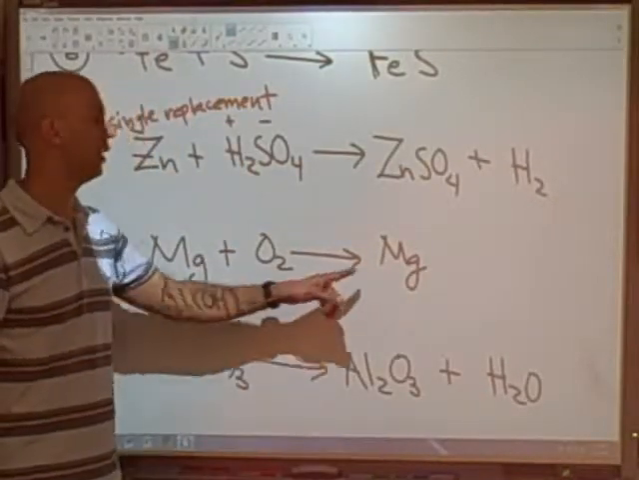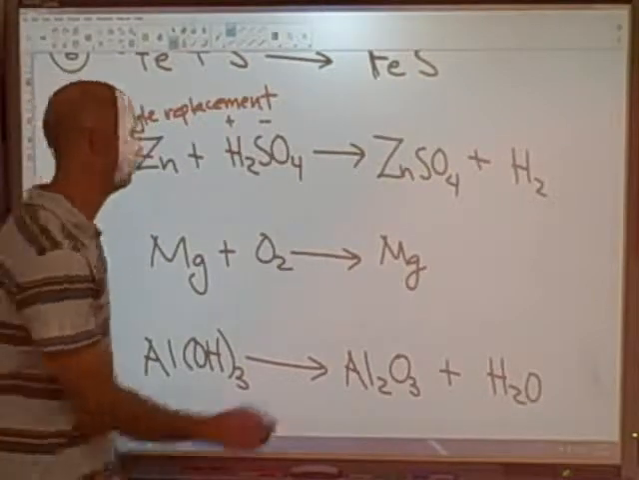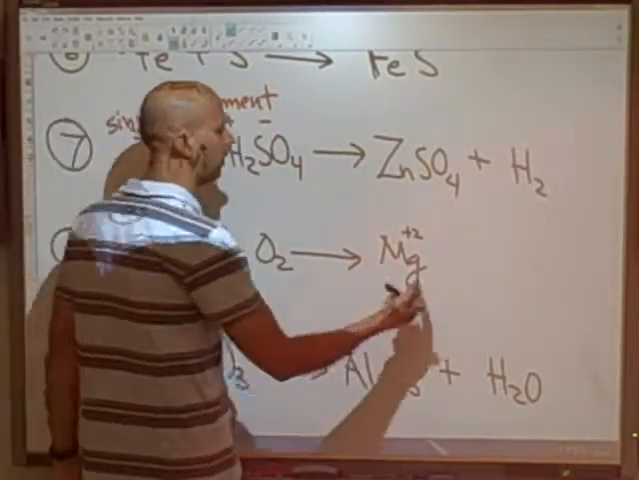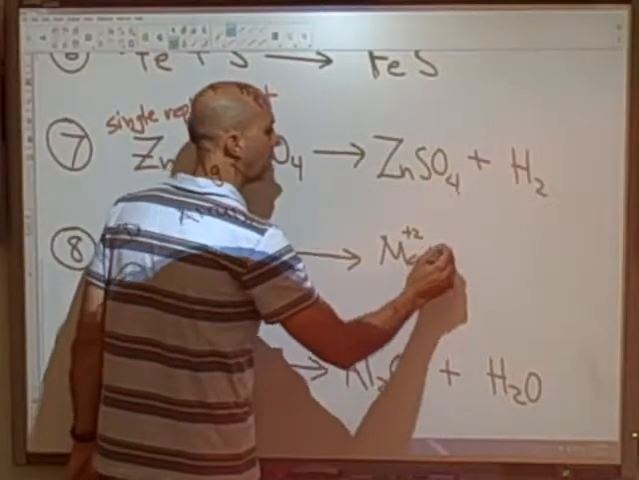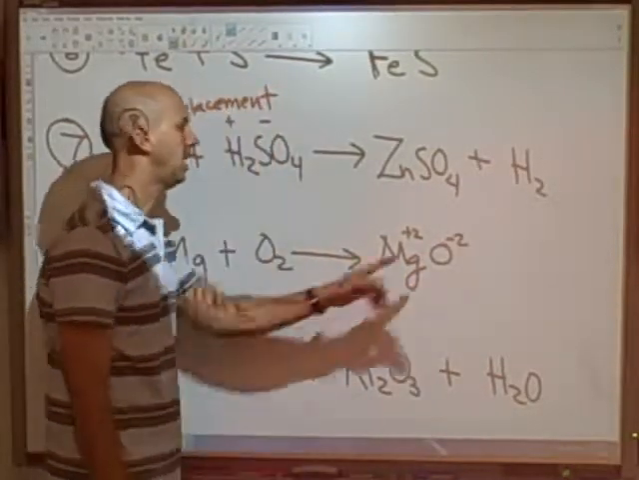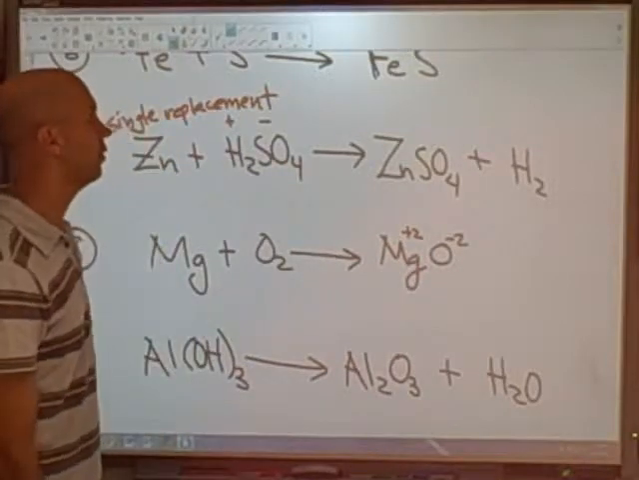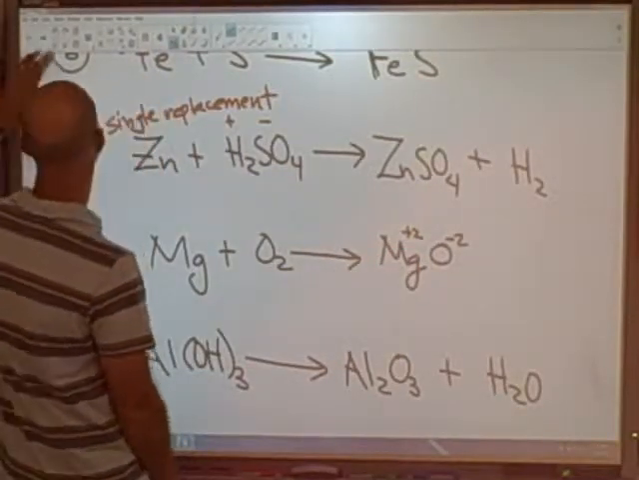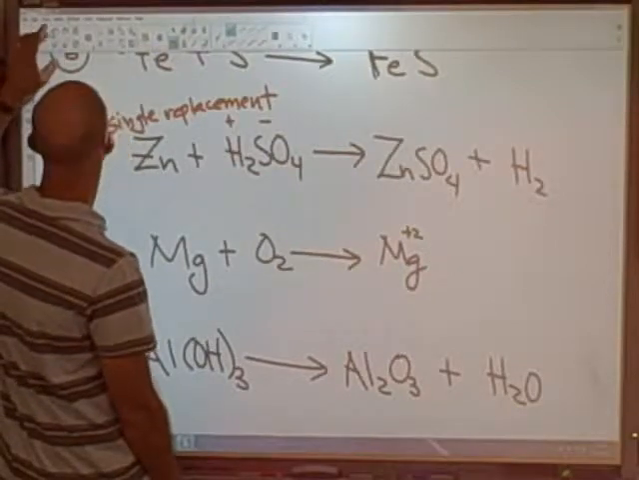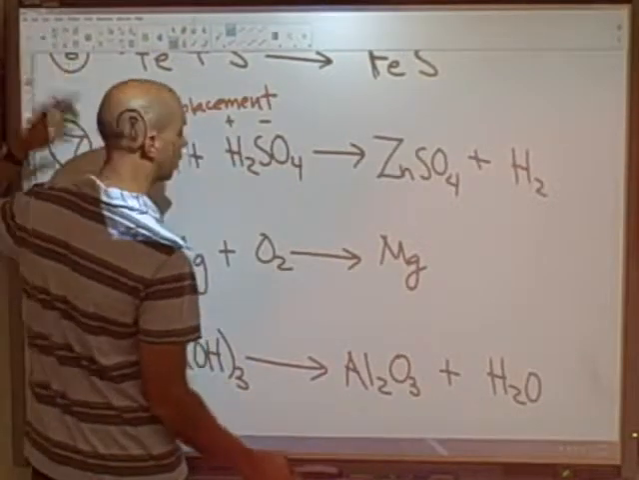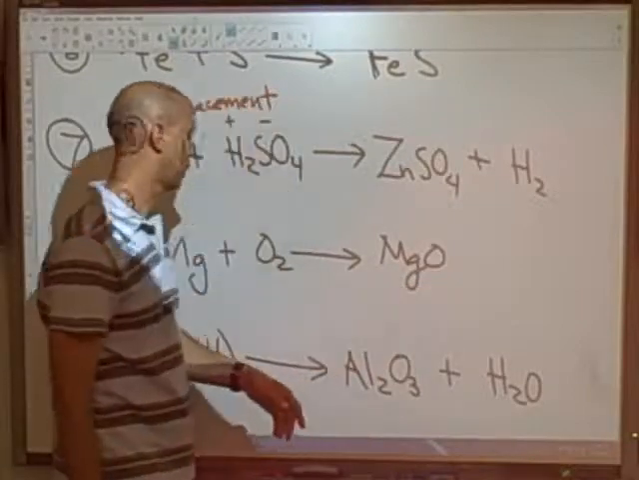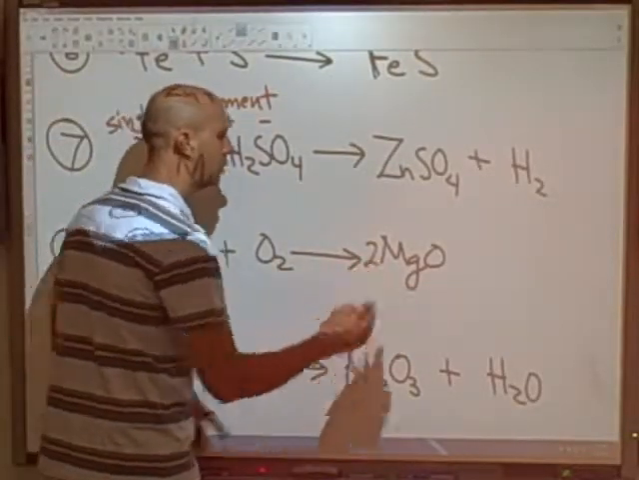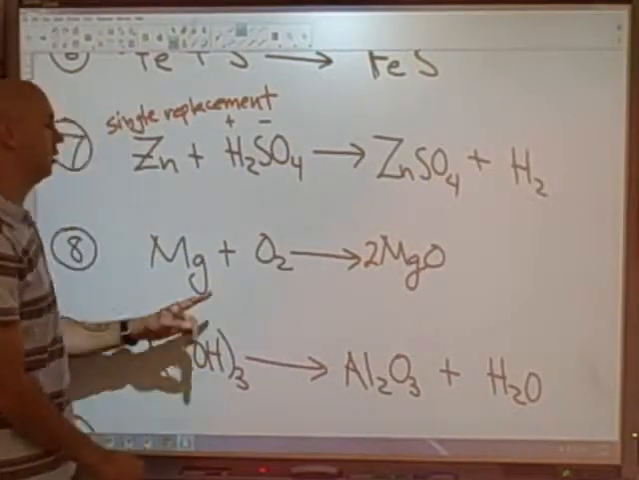Now the periodic table chart shows that magnesium has a +2 charge. Now oxygen, when it's in an ionic form, has a -2 charge. The -2 and the +2 come together and cancel out, so what you end up with is just MgO. To balance this, once again, if you wanted to, you could put a 2 there, and you've got that